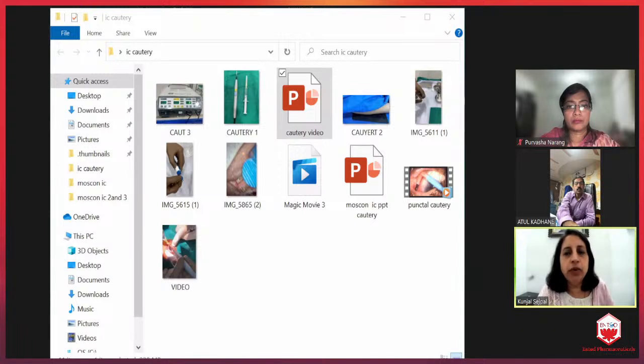Whereas with cautery, you can very well see the punctum, which is closed, occluded very well. And if it opens up, then you know that it's not working, and you can go ahead and repeat the procedure. It has been shown that thermal cautery is a very well-established procedure, being used for several years now, and it's better than using argon laser for closing the punctum.